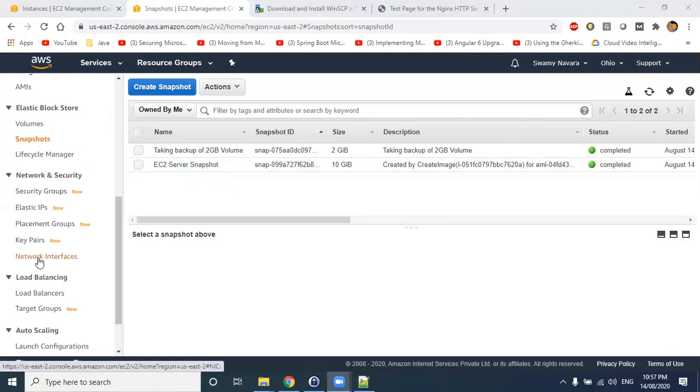So earlier, before lifecycle manager, which came recently, about 1 year back, we were writing a Lambda function to take automatic backup, and we were writing a shell script which would trigger all the commands. If you triggered that Lambda function, then the backup was happening and being stored in S3. But now AWS itself has given an option for a lifecycle manager. This will do the job for us. We'll see it later.